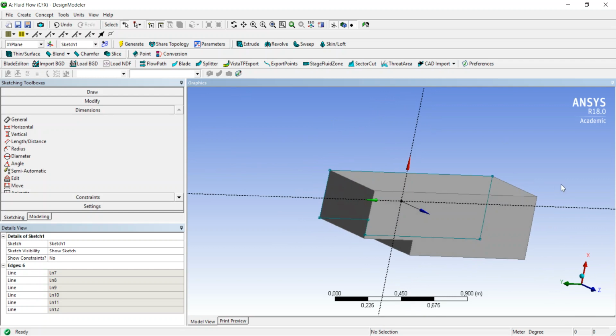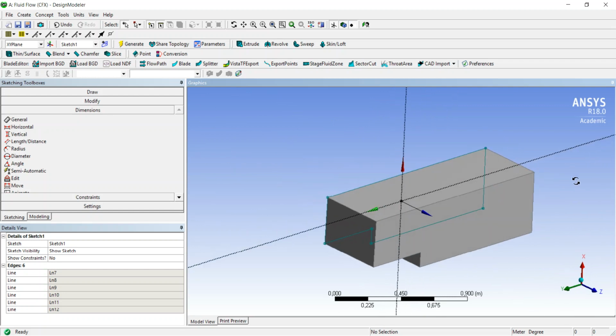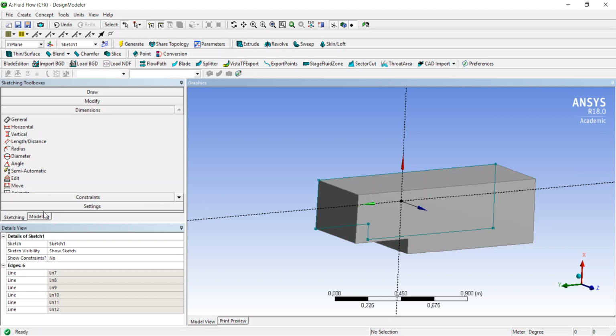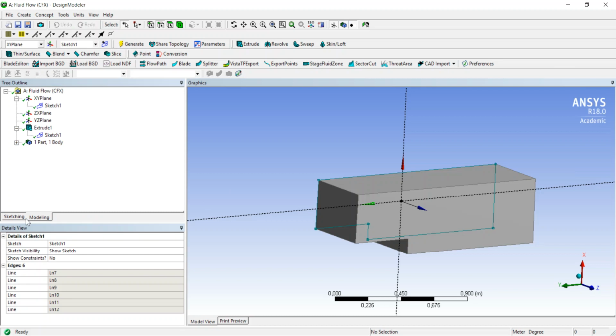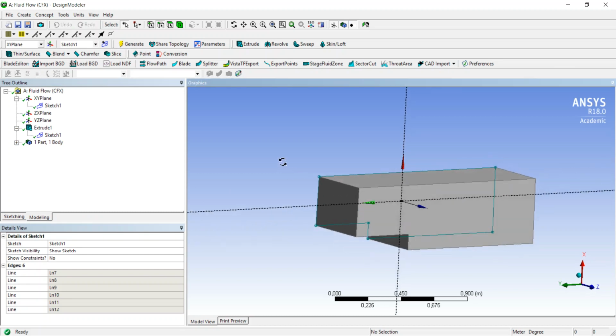You do not know where the inlet or the outlet from the fluid is, and to define this, we go to modeling,